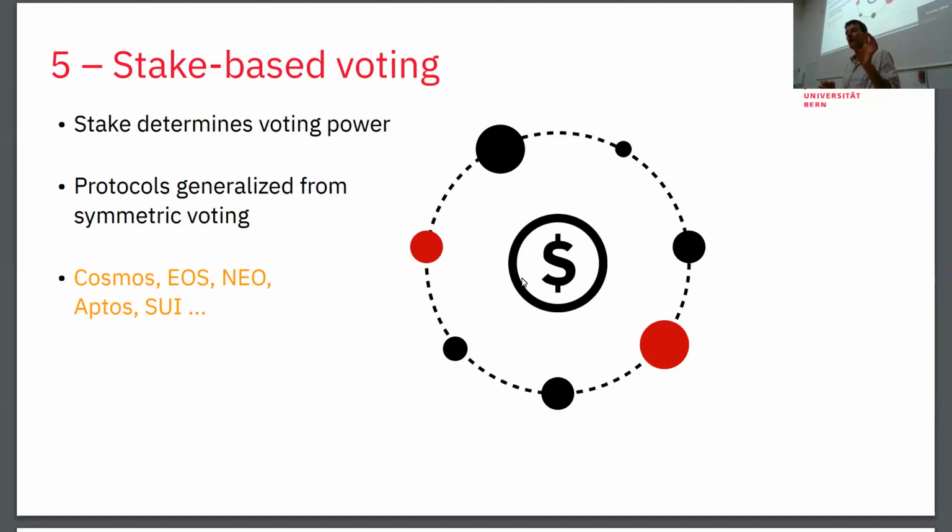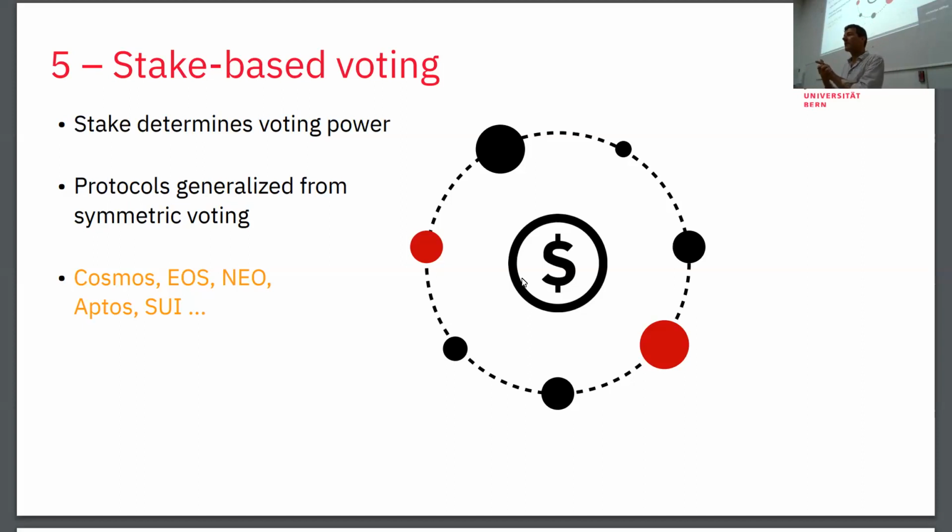The stake is an alternative where we say how much you own in terms of coins or tokens in the network gives you a certain influence on the protocol decisions. You can see now the evolution from the votes to this, because it's another direction of generalizing, where we say, oh, if you have twice as many coins, you have twice as many votes. From any kind of Aktiengesellschaft, I don't know the word in English, but any kind of stockholder meeting, you know the situation exactly. Your vote is proportional to this.